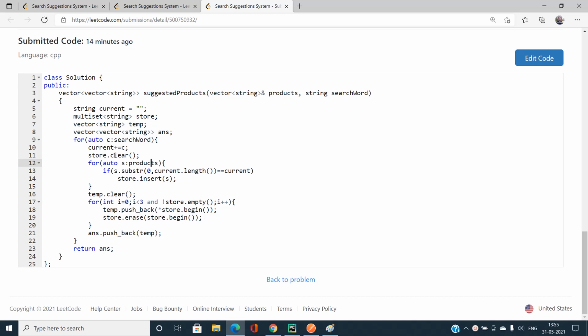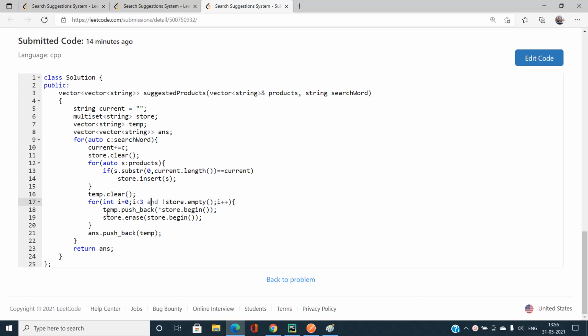So I iterate over the products vector, and if there is a string whose prefix exactly matches the current, then I say yes, I can have this string, so I will include this string into my multi-set store. Also temp is going to be cleared every time.